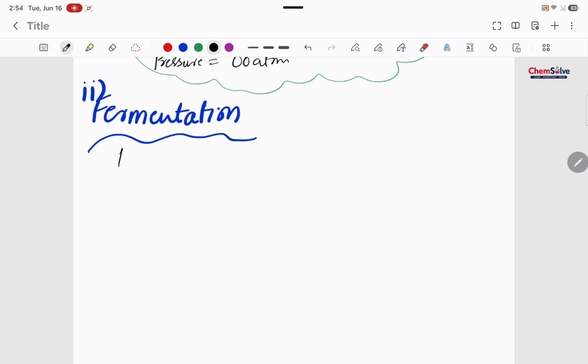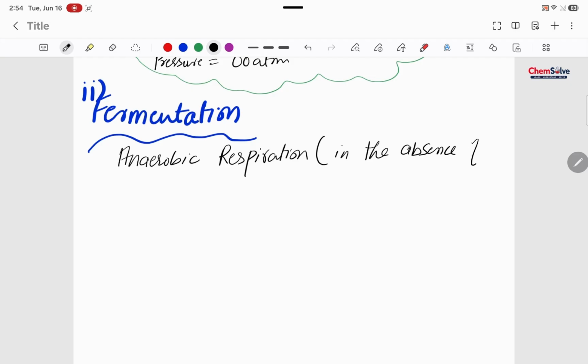Fermentation is basically anaerobic respiration. What is anaerobic respiration? Bio students must have an idea about this. It is in the absence of oxygen. Anaerobic respiration of